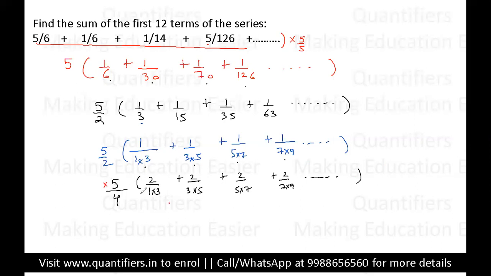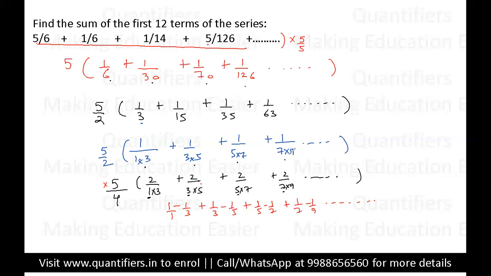So finally students, I'll be getting 1 by 1 minus 1 by 3. Now this term can be written as 1 by 3 minus 1 by 5. Third term can be written as 1 by 5 minus 1 by 7. Fourth term can be written as 1 by 7 minus 1 by 9. Now students, we need to find the last term also, right? Ab last term kya hogi wo easily we can find it out. If you look, we are using odd numbers, right? This is the first odd number. This is the second odd number. This is the third odd number. This is the fourth odd number.